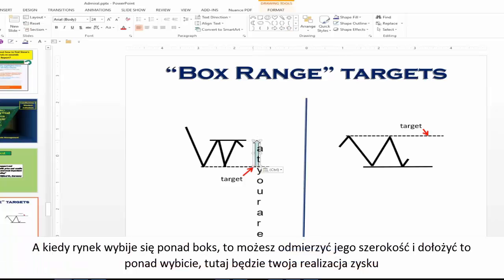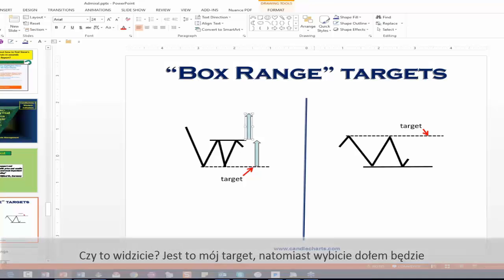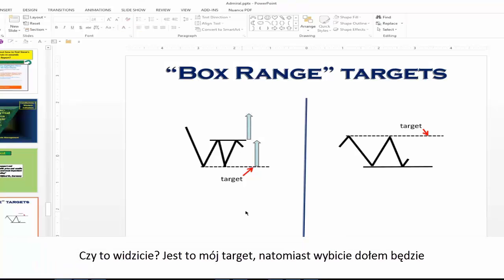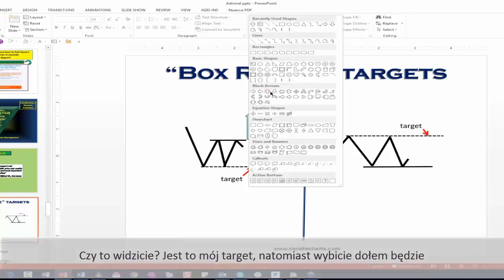And once the market breaks out of the box range, you could take the height of the box range and add it to the breakout. So that would give you your upside target. All right, everybody see that? It's a measuring target. And the opposite would be if the market, let's say we're in a box range here,